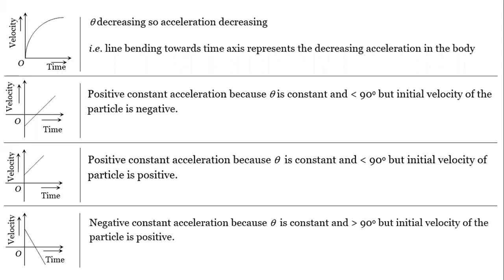If it is coming down with a velocity of 3 meter per second, it means the stone also has a downward velocity. At the same time, you are going to release it. So it is going to be released with a downward velocity of 3 meter per second. So it has a positive initial velocity and it is going to accelerate at a rate of 10 meter per second square. That is your gravity.